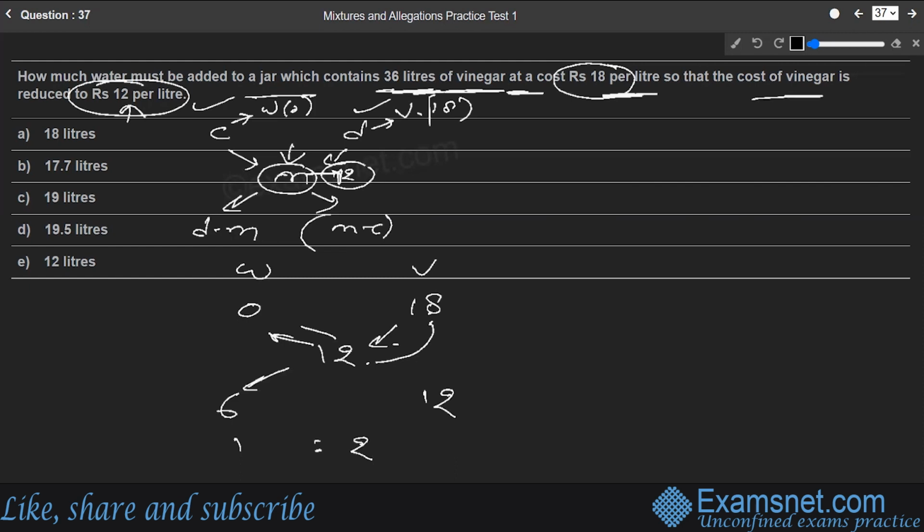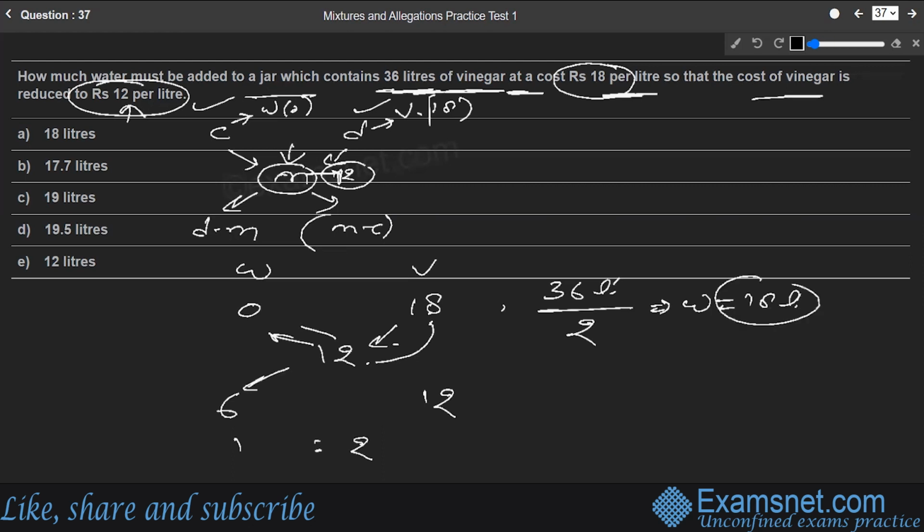Now what we are supposed to find out? How much water is to be added. Total was 36 liters, and water added has to be in the ratio 1 is to 2. So 36 divided by 2, that should be the water value that is to be added, which is nothing but 18 liters. Okay, 18 liters should be the water added to the vinegar to reduce the cost from 18